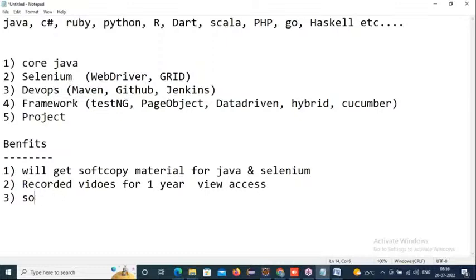Daily whatever we develop, the programs for the Java and Selenium project, every source code I will commit in the GitHub